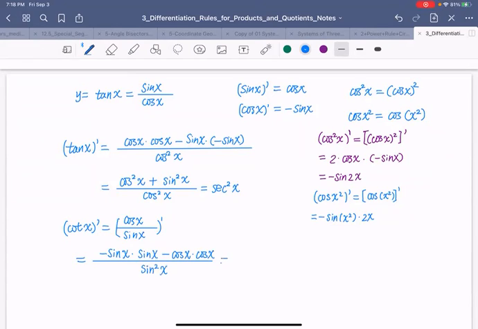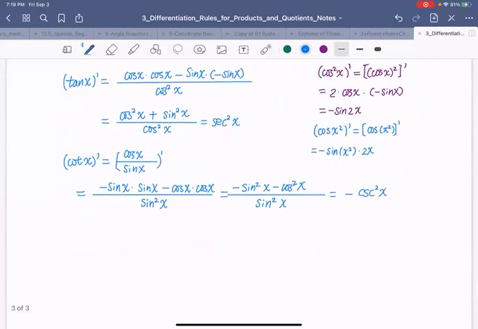The top one becomes negative sine squared x minus cosine squared x, over sine squared x, equals negative cosecant squared x. There you go. Next,